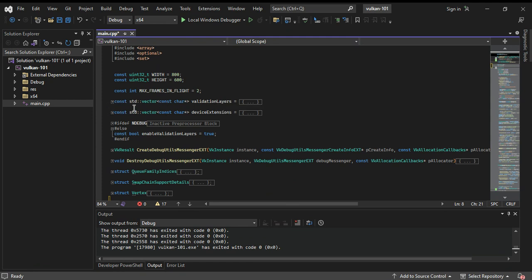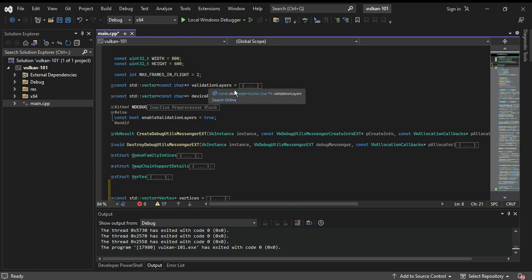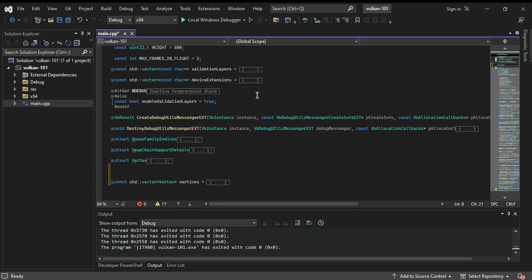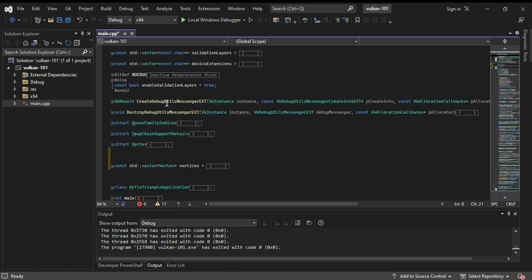We added the validation layer for debugging and device extension. Continue on to add the necessary create debug utility messenger, and then we create the necessary structures: the queue family indices, swap chain support details, and the vertex that we are going to use